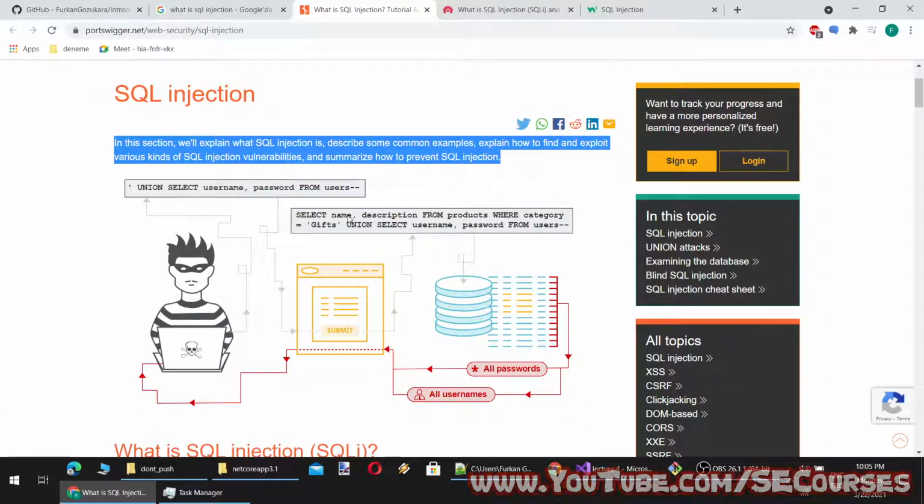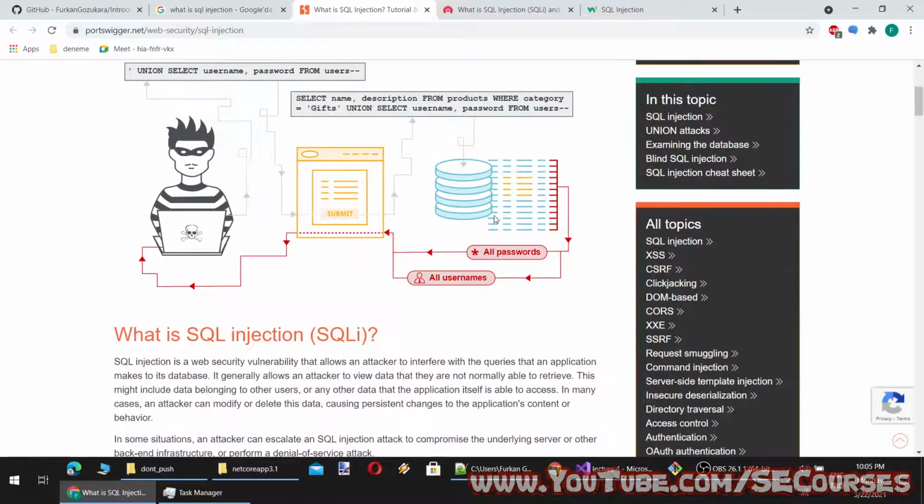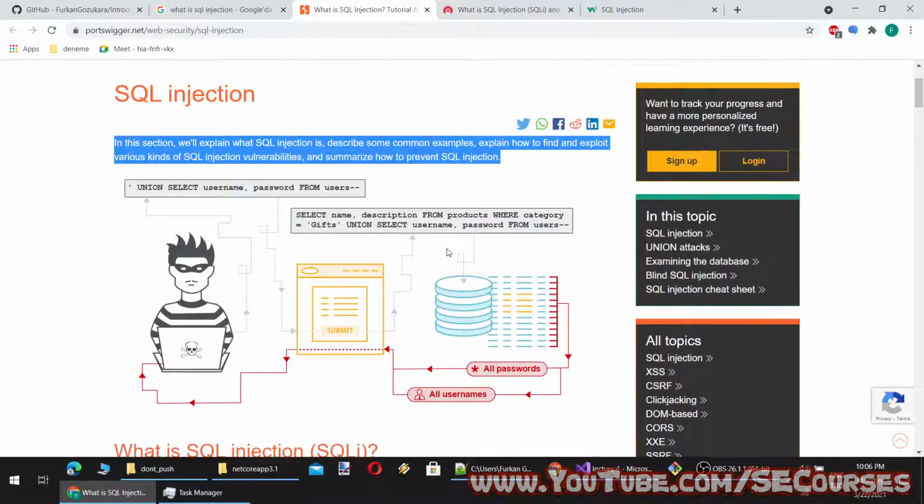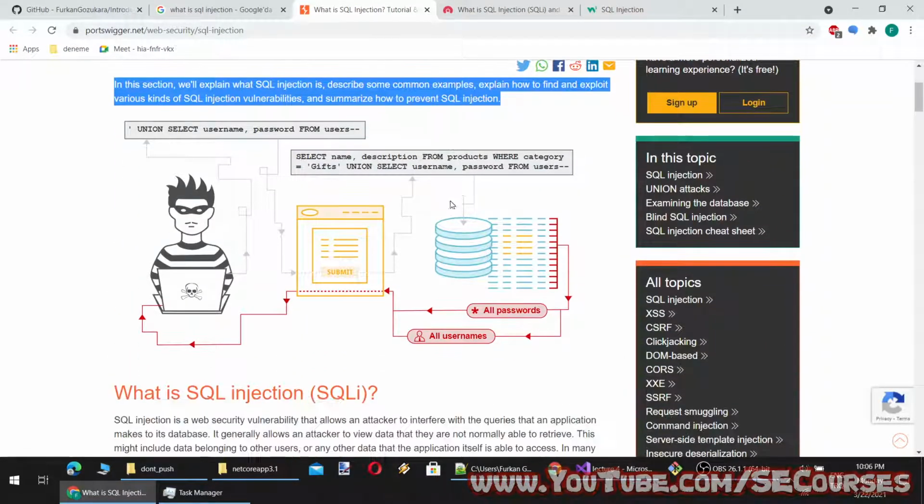Okay, so let's assume that you have a database and you allow a user to query products with the category as gifts.